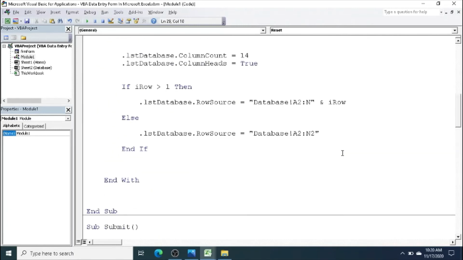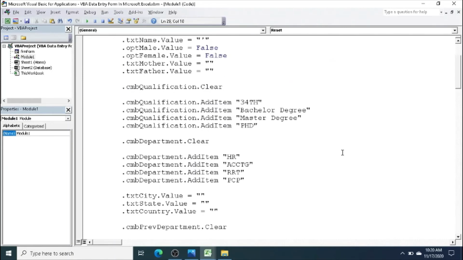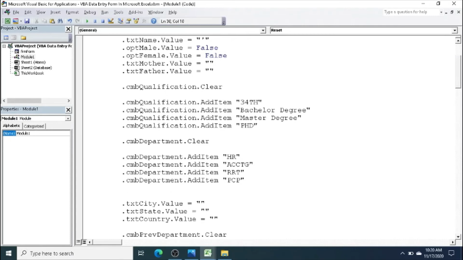Okay, we scroll up a little bit and sub reset and put code that displays the standard save as dialog box and gets a file name from the user without actually saving any files. That txt row number that value equals